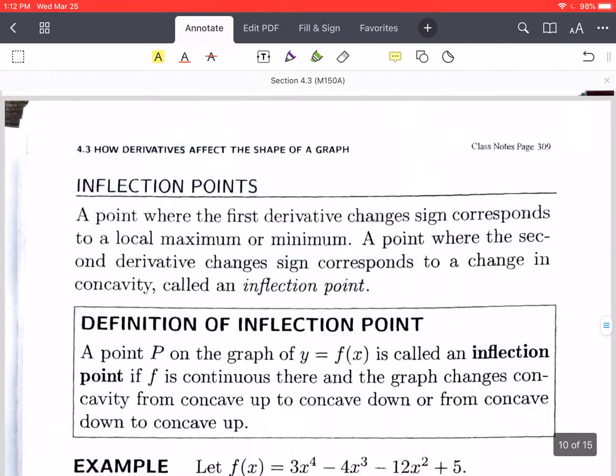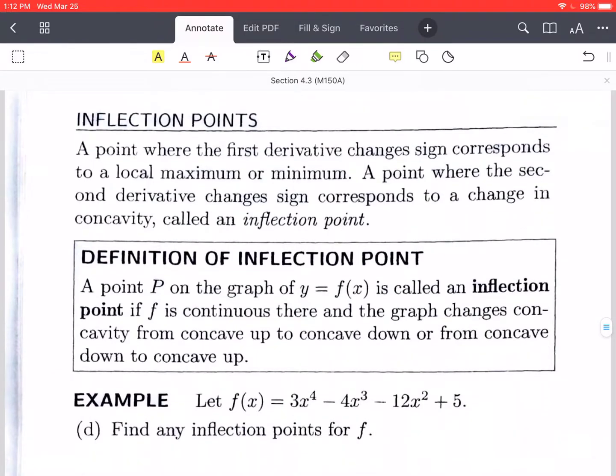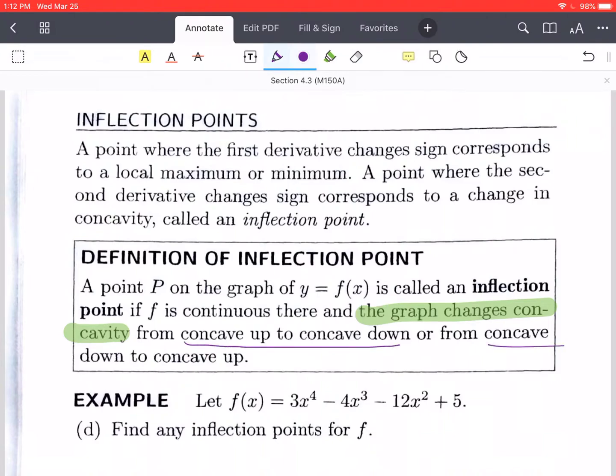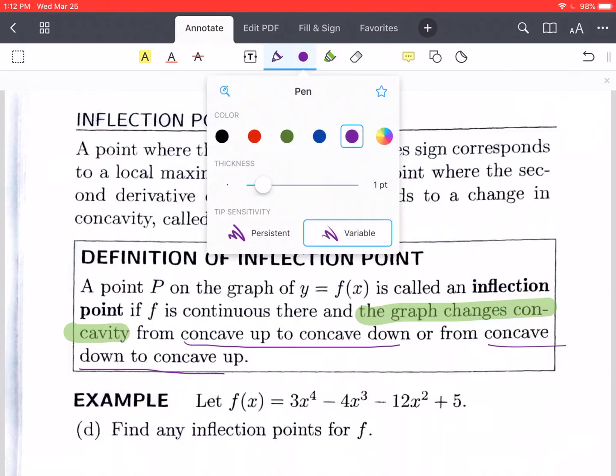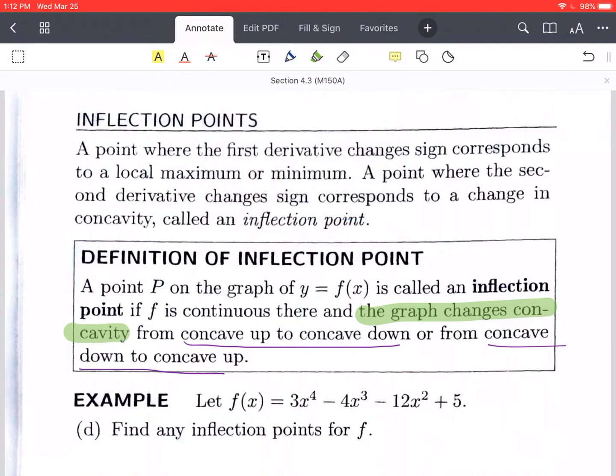So now, inflection points. An inflection point is a point on the graph where the graph changes concavity. It goes from either concave up to concave down, or from concave down to concave up. It's similar in computation to a max or a min. We're checking where the second derivative is equal to 0, determining if it changes from concave up to down,